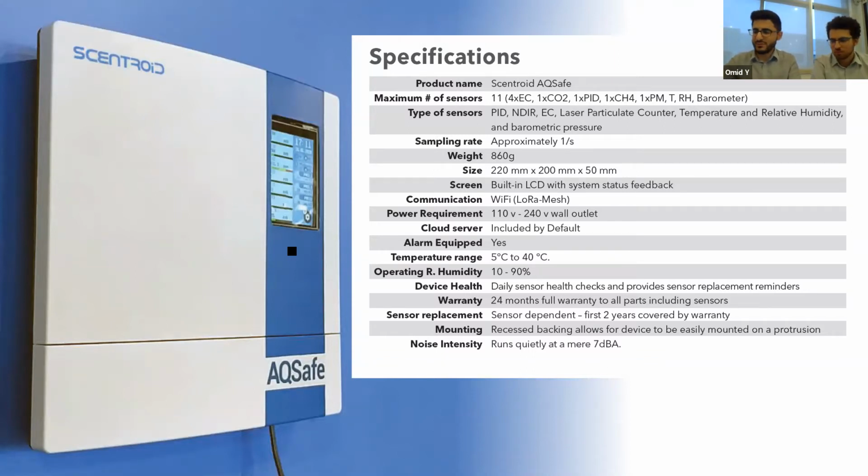In terms of the power, we just plug this into a wall outlet anywhere from 110 to 240 volts. The cloud server is included by default in this product. This unit has built-in alarms and multiple notification systems, as well as an operating temperature range of 5 to 40 degrees. We included our advanced sensors in this, meaning that we can perform health checks of these sensors on a daily basis, and we can actually see if a sensor is not operating at its optimum condition. And of course, like all of our products, this comes with a 24 month warranty, including all parts and sensors,